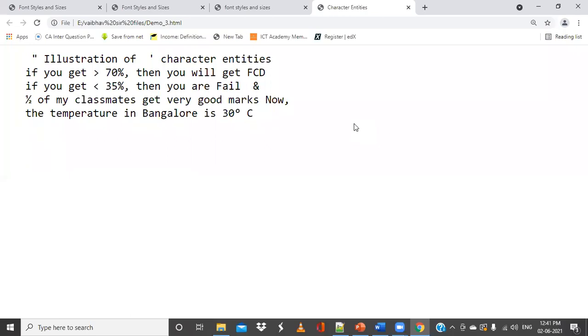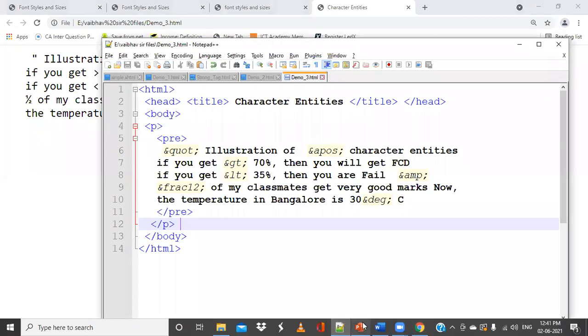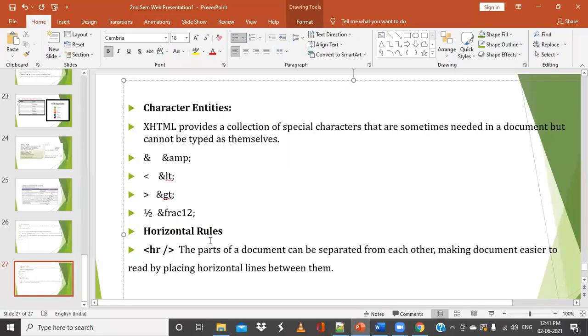Like if you compare this web page with a plain notebook and a ruled notebook, all the information is appearing on the browser like on a white, unruled notebook. But if I want all this information to appear in the web page like in a ruled notebook, for that we can use these horizontal rules. So for that we use a tag called the HR tag.